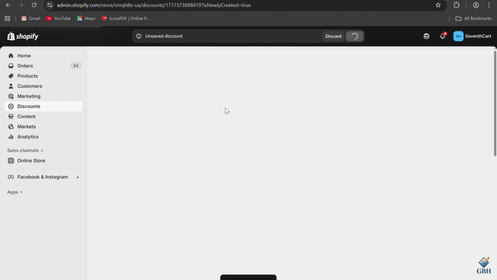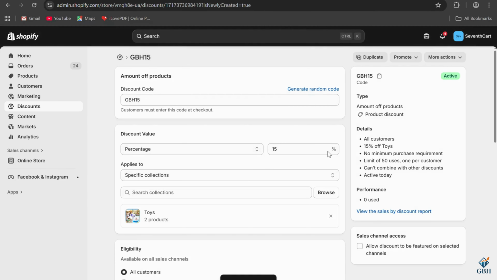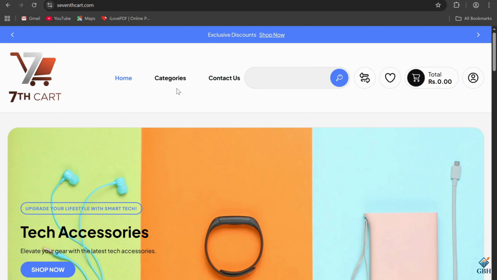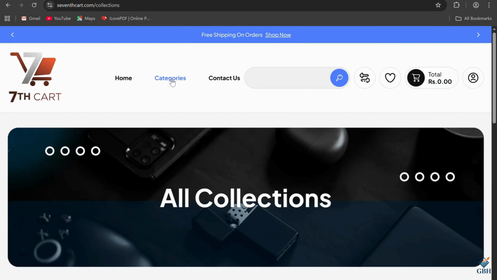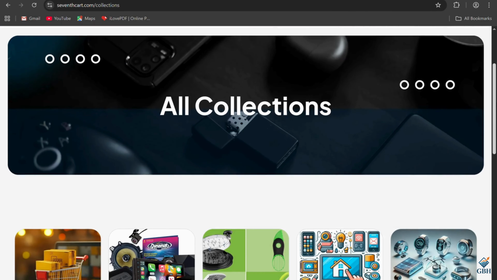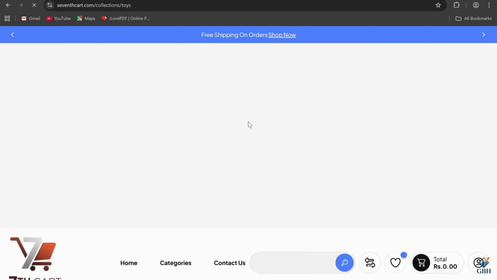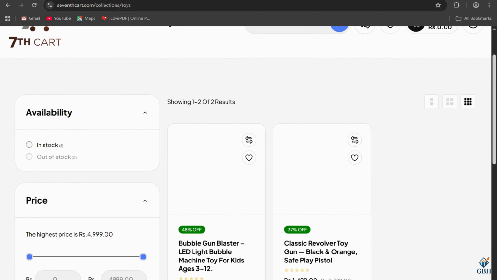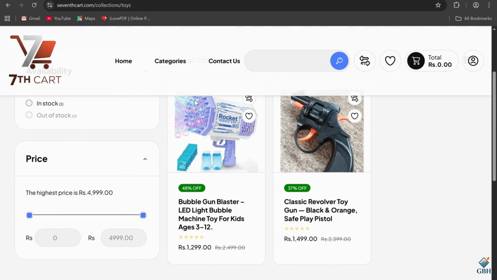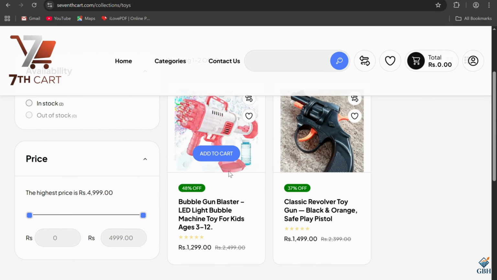After clicking on save, this will take a few seconds, and the code is ready. So I'm gonna show you guys on the page. This is the store. Simply go on the categories and scroll down, and I'm gonna go in the toys section, and in the toys section I have 2 current listings of toys. I'm gonna click on this one,